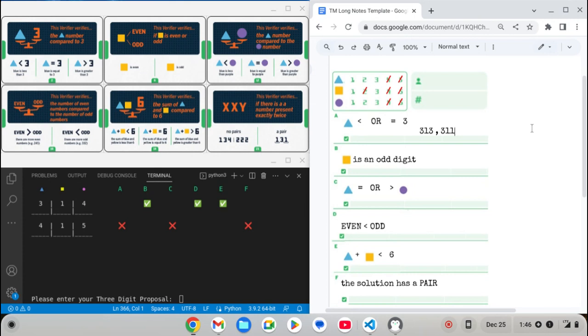That's another possibility with triangle 3. So yeah, 3, 1, 3 or 3, 1, 1. And again, both of those are where you have triangle is 3. So let's take a look at that. Are these